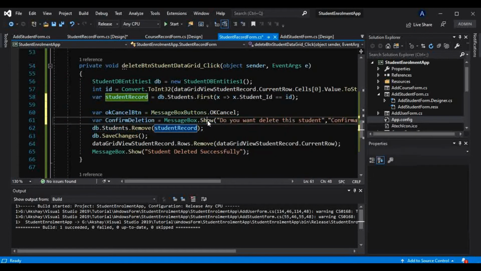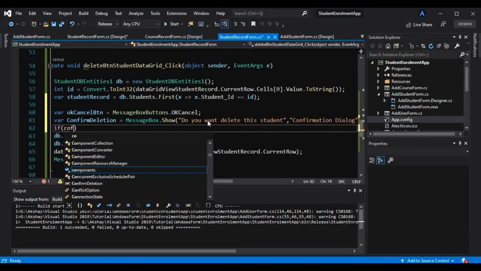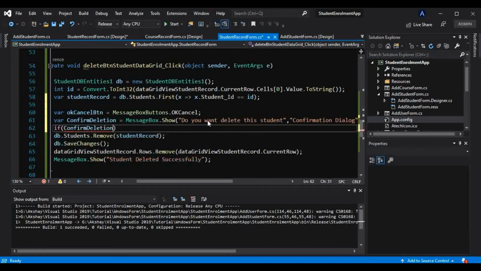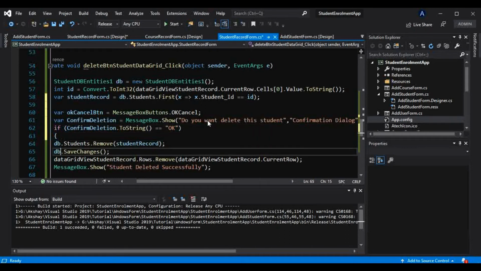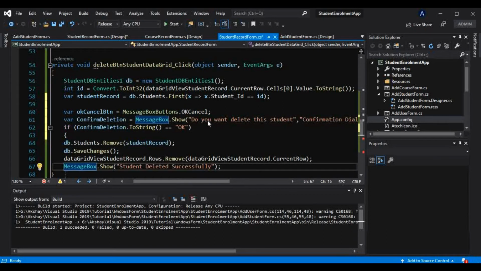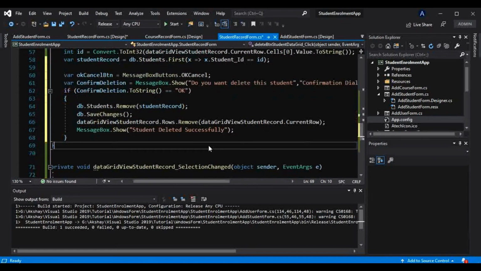Now we will use one condition here: if confirm deletion dot to string, we have to do that because that is nothing but an object, is equal to OK, and if it is so, then and only then we will remove all this from here. Otherwise we will cancel that.